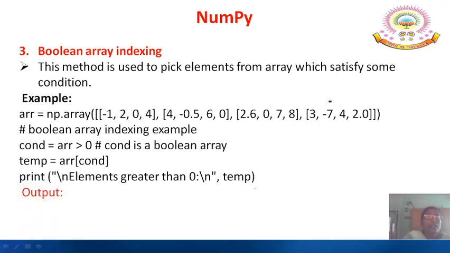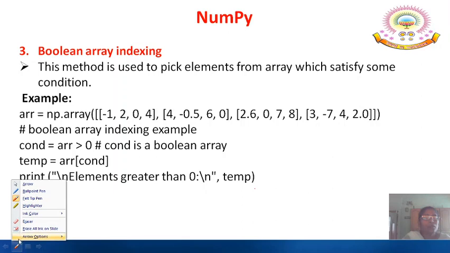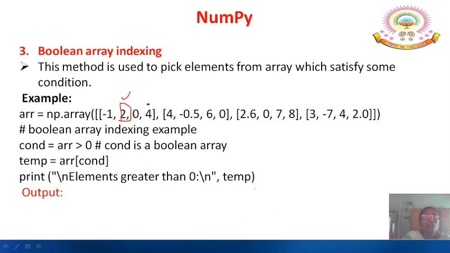So what we are trying to do here is, in this array, this is greater than 0, so this we are taking. This is also greater than 0, but not this one. This is equal to 0. This is minus 1, so it is not taken.